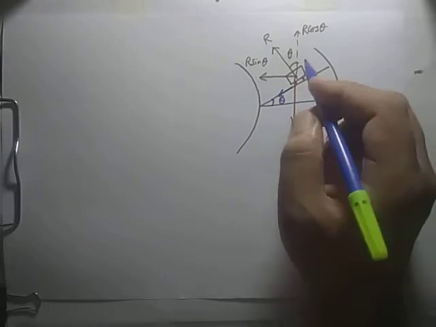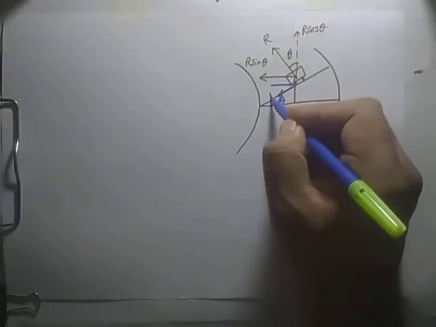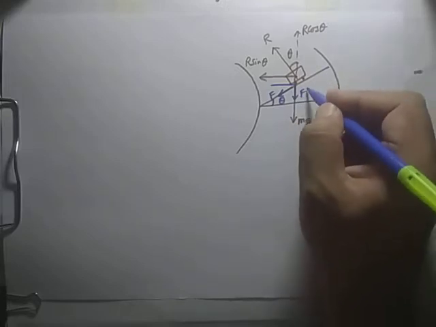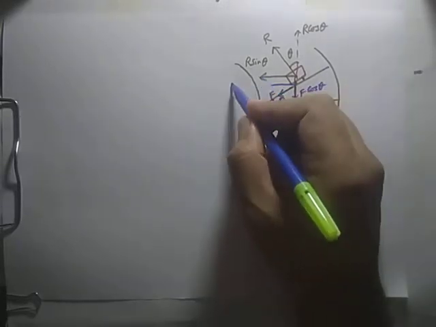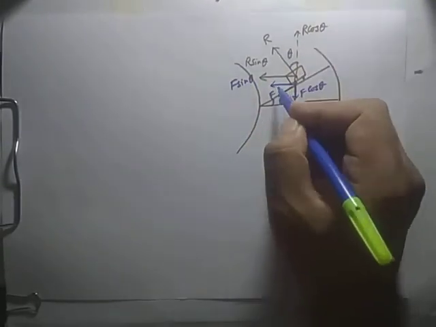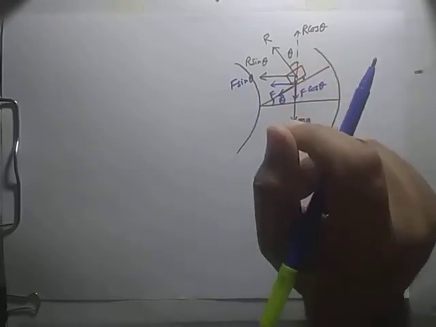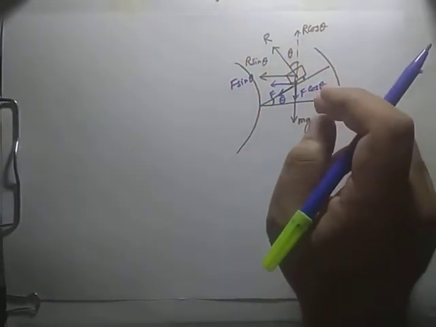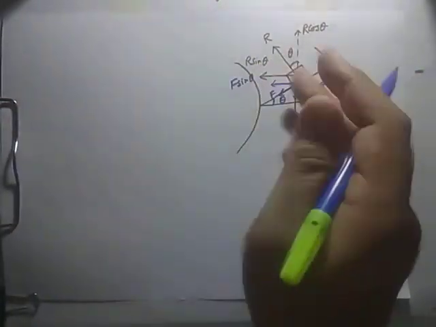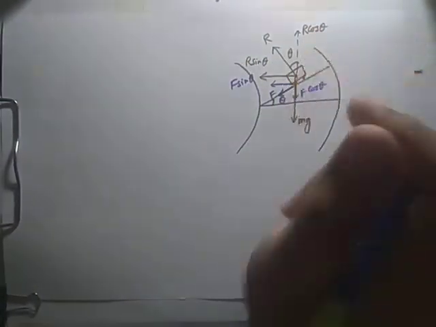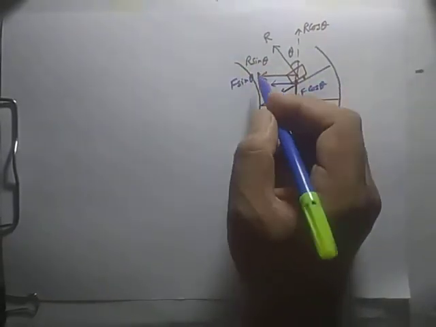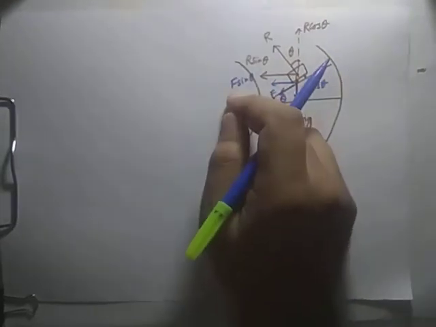So the friction also has two components. This is F, so it will become F cos theta, and F sin theta. We calculate for both the cases, with friction and without friction also. So now you will just add the horizontal and vertical components. First you write down the vertical components, and then we'll discuss. First you write down the horizontal component.